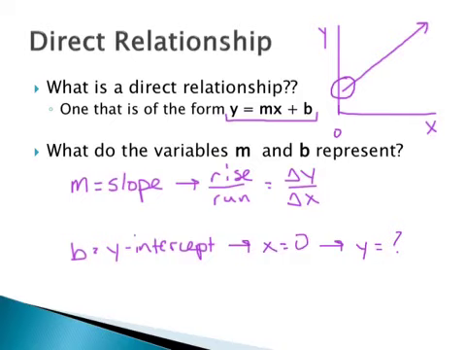So if you think about what that means in terms of a relationship, with our independent variable, we have done no change to it, and yet we have some initial y value. Okay? So usually it's talking about some sort of initial value that we may have with our dependent variable. So why we get a direct relationship is because we can draw a lot of information between the slope and